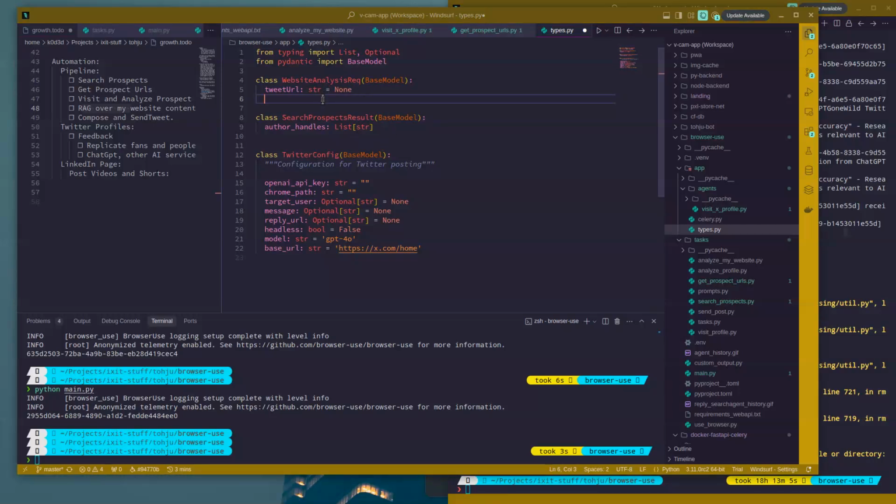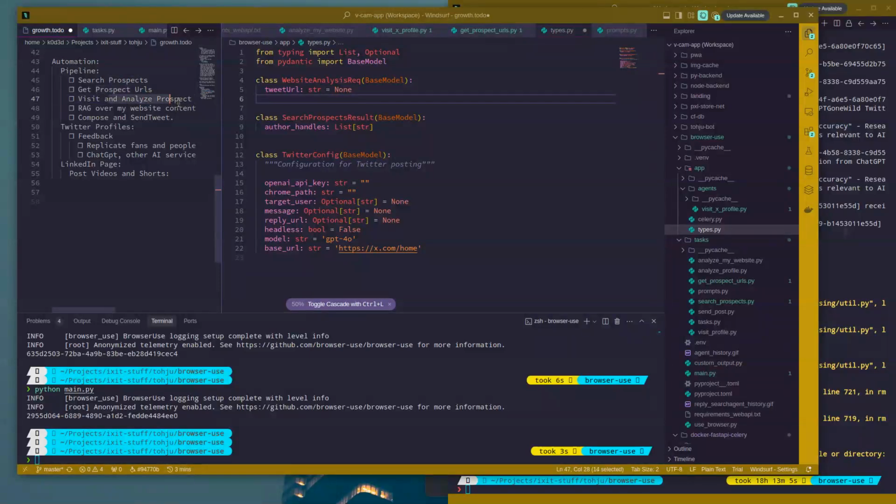Okay, back to trying to get the job defined for the first stage in the pipeline, which is just having an AI agent go through my website, and before it goes to the last stage, which is to compose a tweet. Now, you want to get some data from the previous stage, and the previous stage is visit and analyze